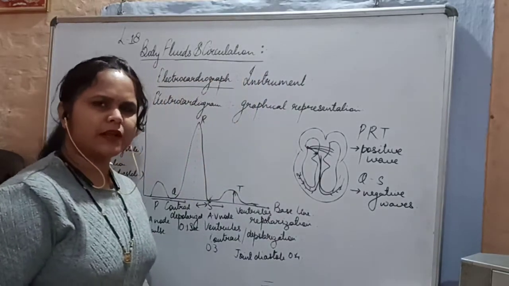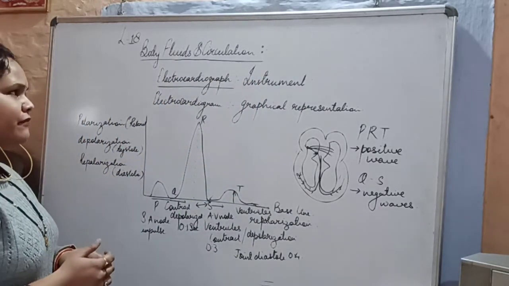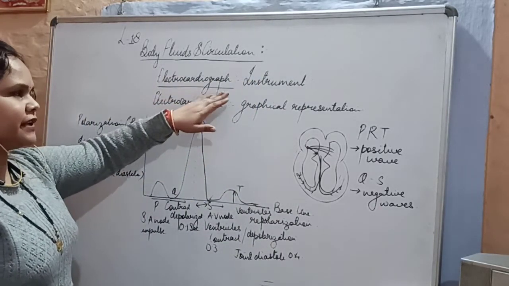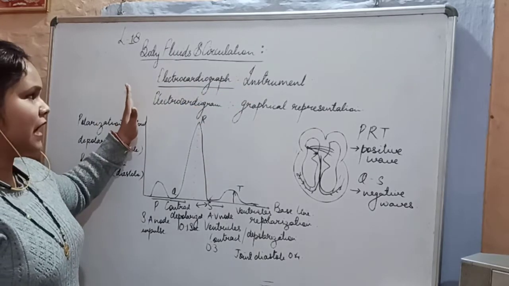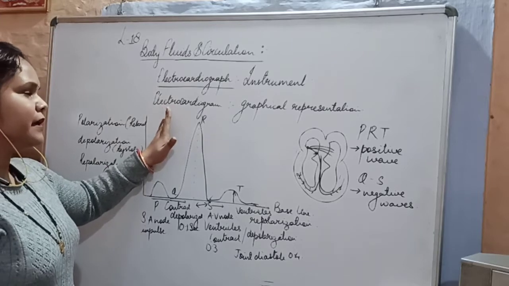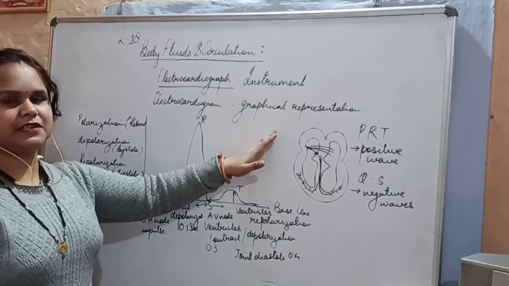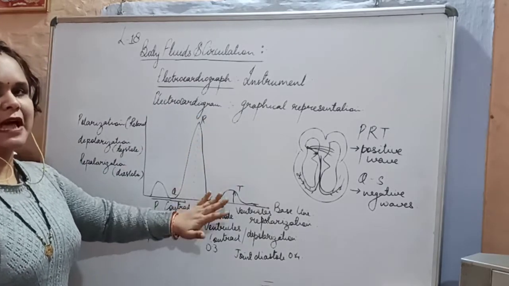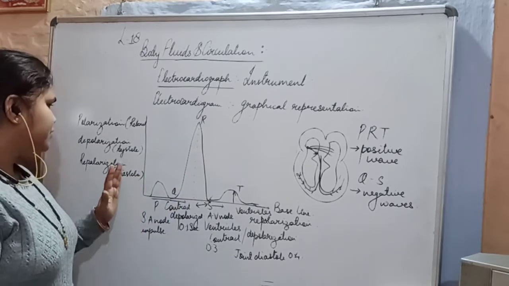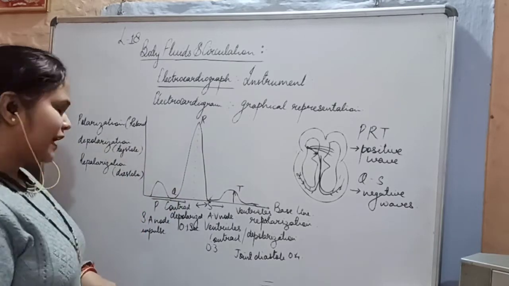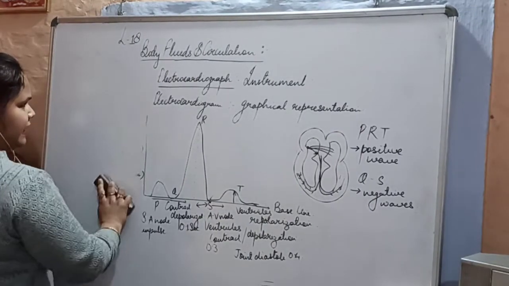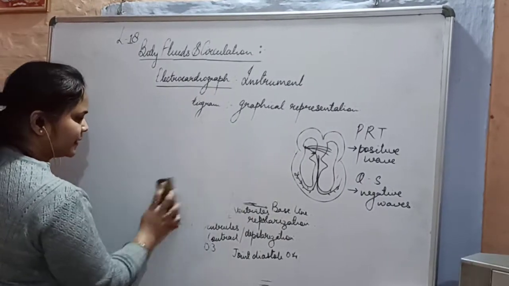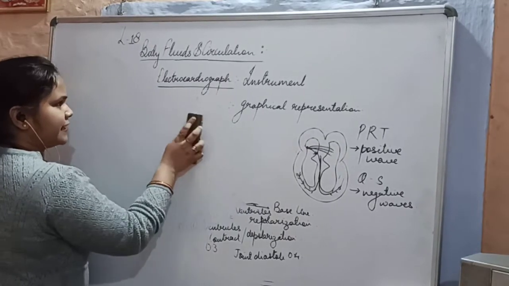Okay, so this is all about the electrocardiograph. Electrocardiograph is just an instrument which is detecting the activity of the heart, and electrocardiogram is basically the graphical representation which helps us to detect the activity of the heart. Okay, so this was all about the ECG, and the next topic which we will see is the regulation of heart activities. Now how the heart is being regulated, let's check it out.